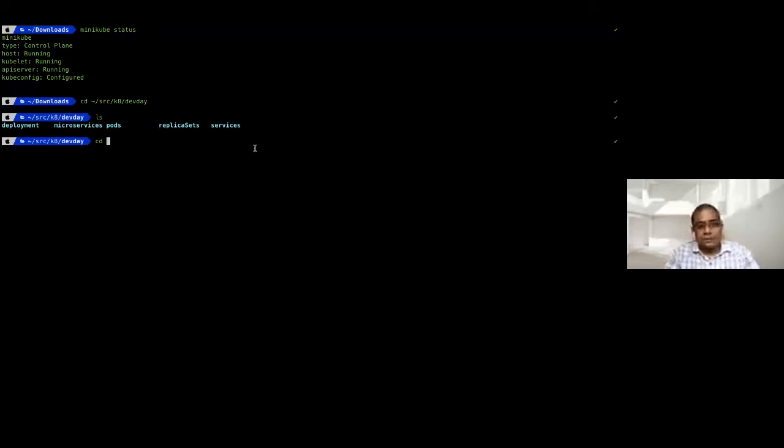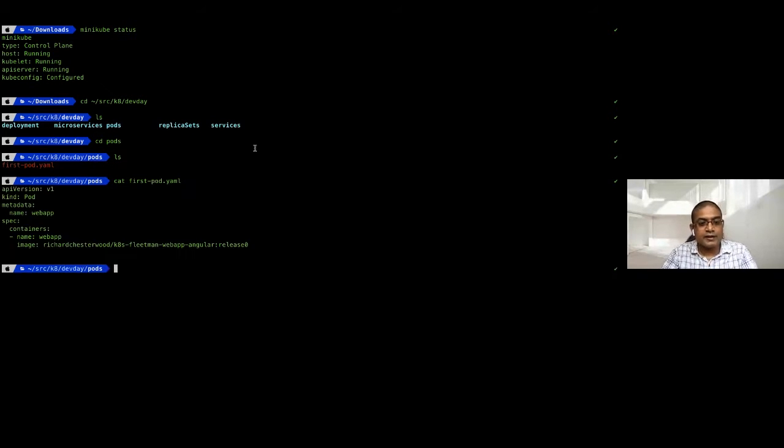So first of all, let's move into the pods, because now you guys know what pods are. Let's examine what a pod is. In Kubernetes, you can define a pod by using a simple YAML file. So I will open this YAML file and show you how we can define the pod, because it's very simple, right?